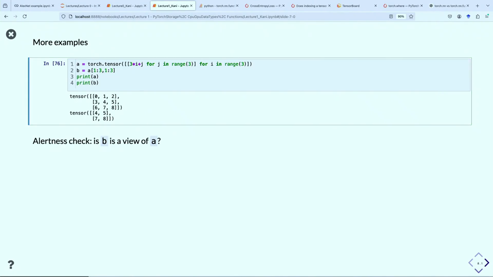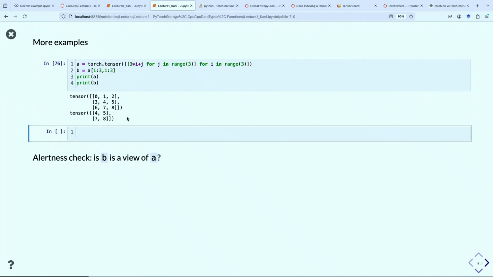So is B a view of A? No? Why not? Because they're different sizes. That is true, they are different sizes. But we do know that views could be smaller, right? We could, for instance, have B. Okay, there we go. I could, for instance,